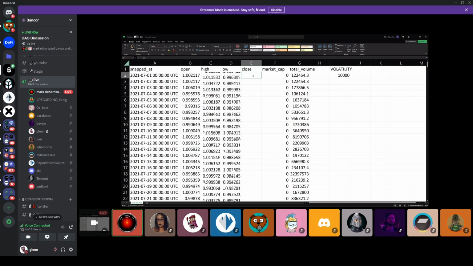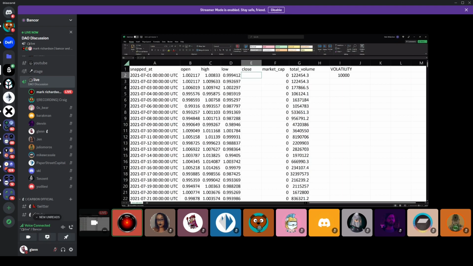And you can do this as many times as you want, right? Because the simulator doesn't really care how many data points you have, and it doesn't care that these time intervals are continuous. This is one of the things I mentioned in an earlier call: you could say that this is a 1 minute candle, and then this is a 1 hour candle, or this is a 1 day candle. And as long as you're getting results that are